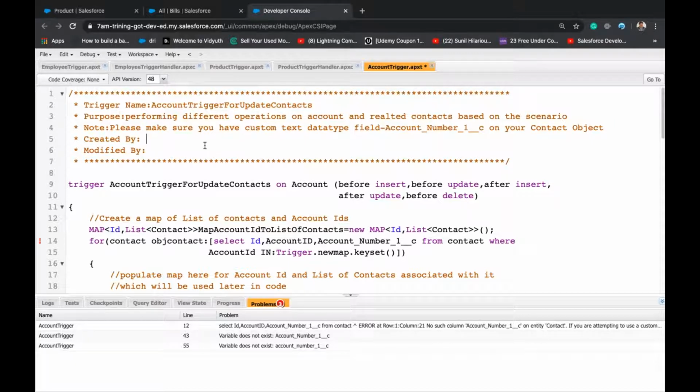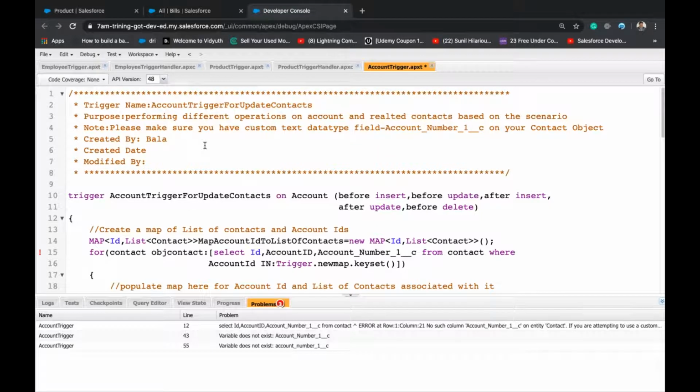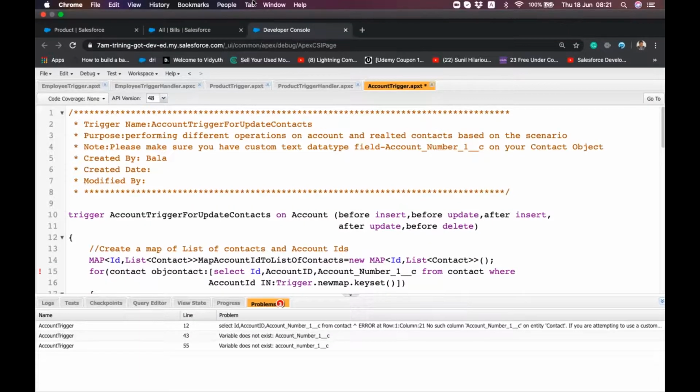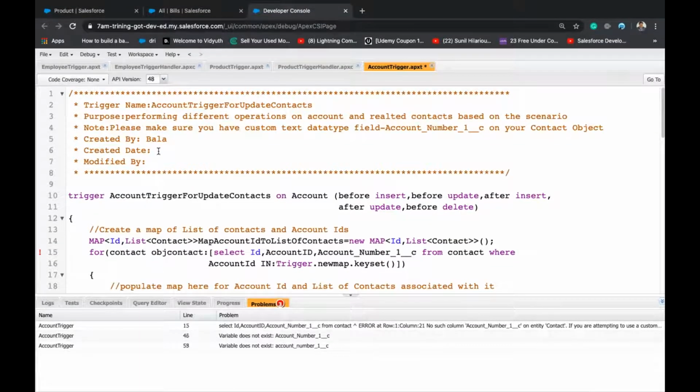So created by Bala, created date. So we'll add all these things in every program, depending on the project or the requirement. In our current project we don't add, right?